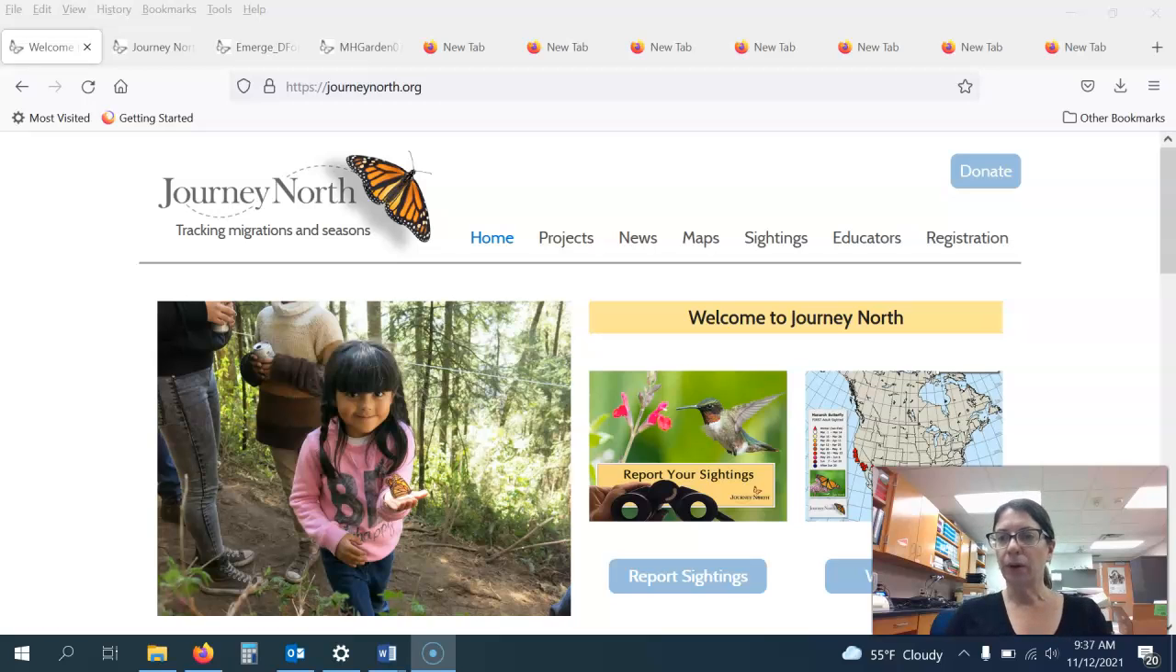Hi CVIS fourth graders. I just wanted to follow up with you about the tulips that we planted this week. The tulips that you planted are part of a citizen science project that is designed to track the arrival of